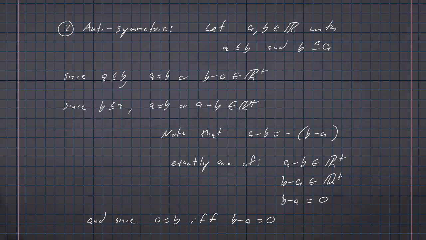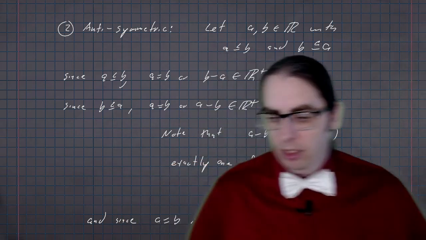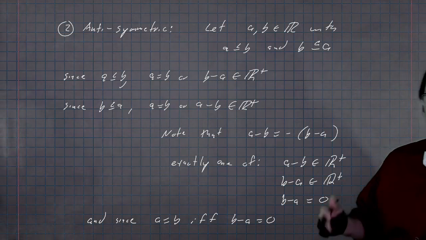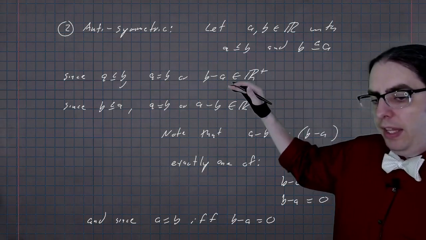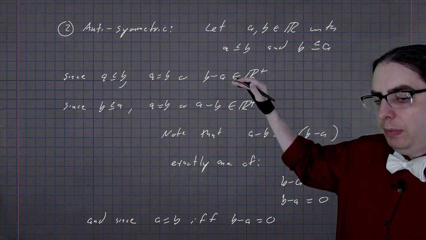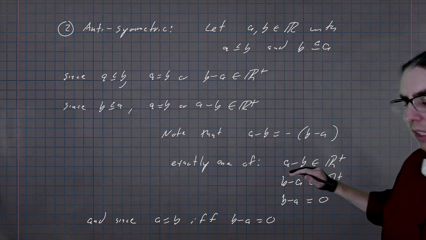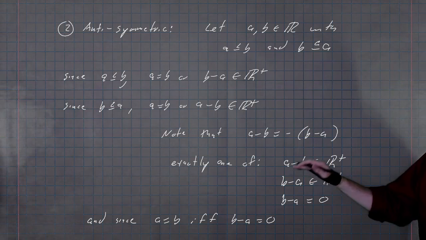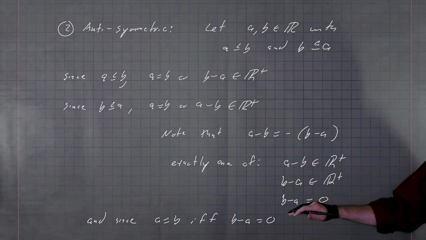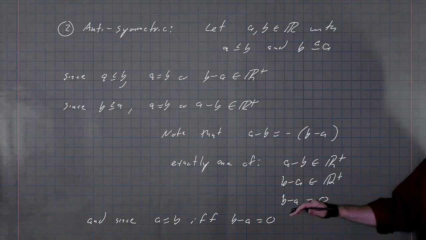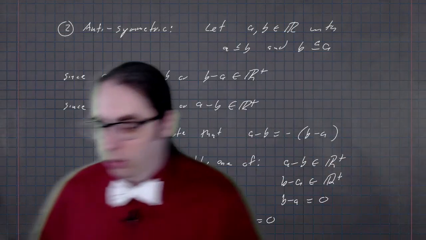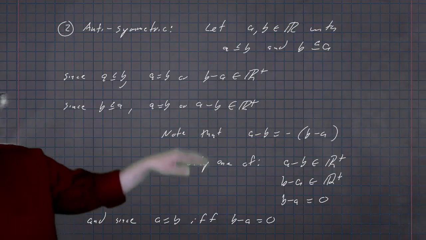All right. We know that A is less than or equal to B, which means that either B minus A is a positive number or B minus A is 0. We also know, I should stand over here so I can see what I'm pointing at,